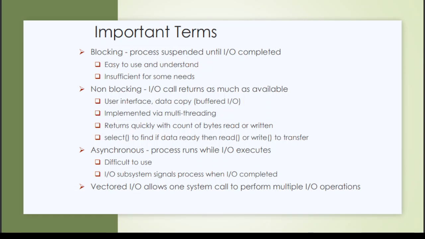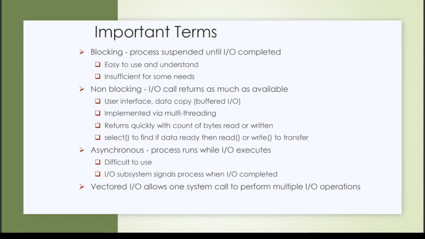Non-blocking devices: IO calls return as much as available. User interface data copy. We have buffered IOs implemented via multi-threading. It returns quickly with a count of bytes read or written. It has a select method to find if the data is ready, then read and write